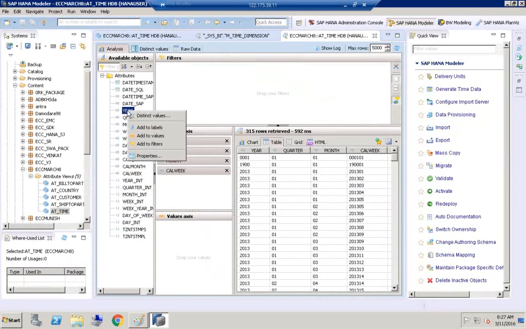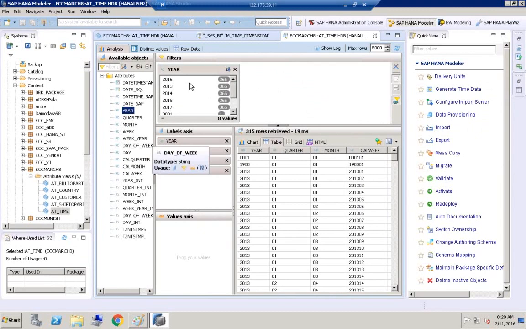I'll select here, right click, add to labels. Sorry, right click on here, add to filters. So these are simple filters. These are known as simple filters. You have one more icon over here, Toggle advanced filtering UI. When you click on this, right click on here again, or you can just select here,